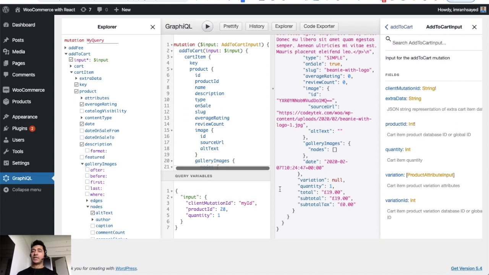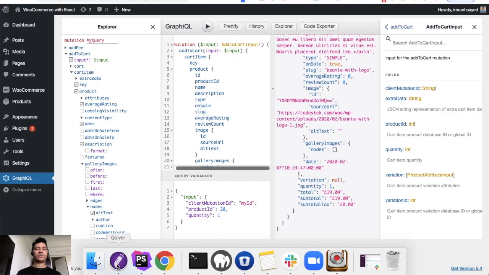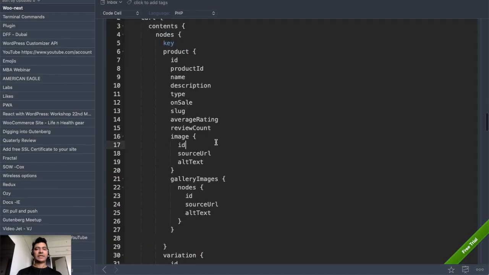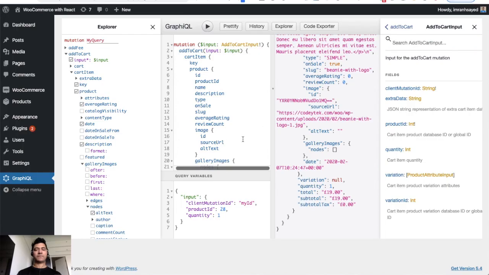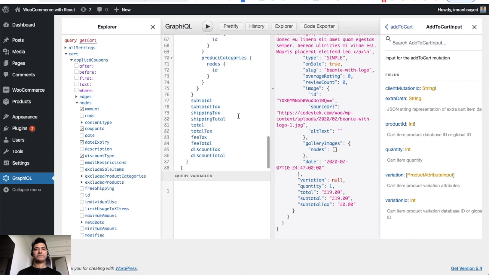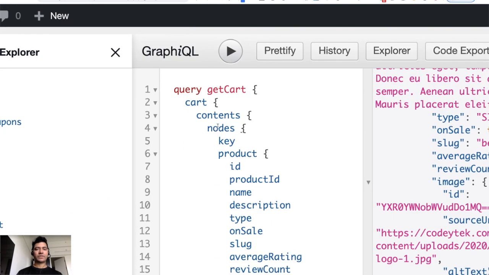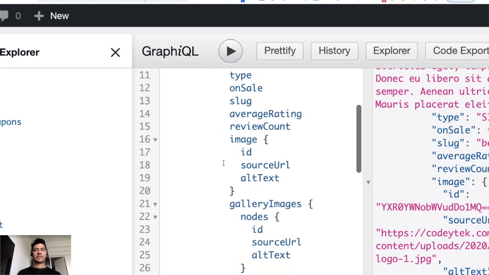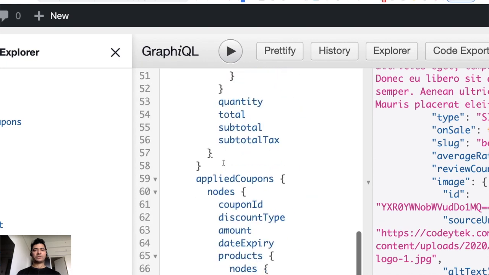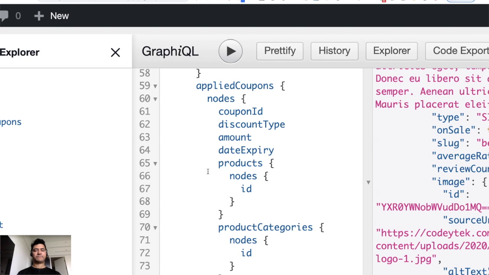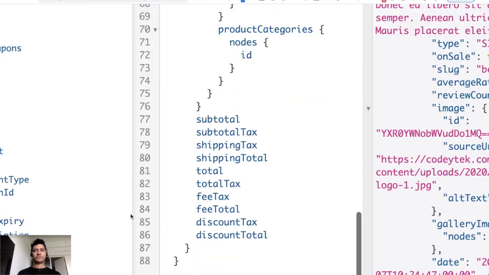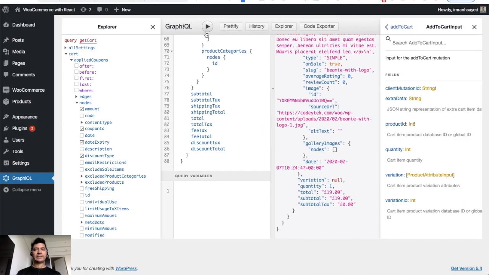If I want to see all of the items in the cart, there is another query for that which is called get cart. So I've already written that query. I can just use it. Let's get rid of this. Okay, so this is the query. So you can see that you've got cart, content, node, product details, images, variations, all of that stuff over here, right? So now if I run it,